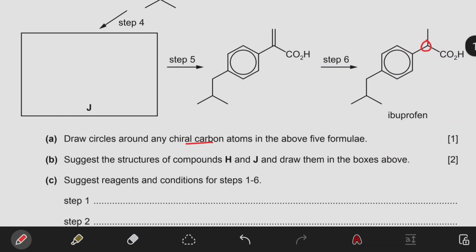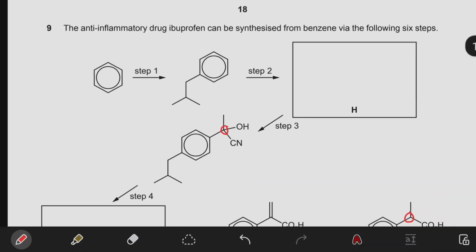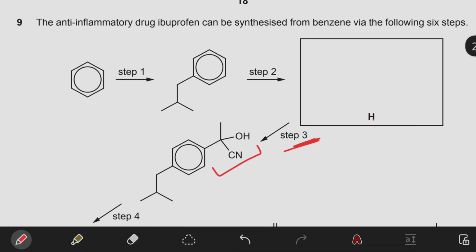Suggest the structures of compound H and J, draw them in the boxes above. So you see that there is this additional thing after step 3. So what could have been added to H to give us this? One thing that I can think about is there must have been a